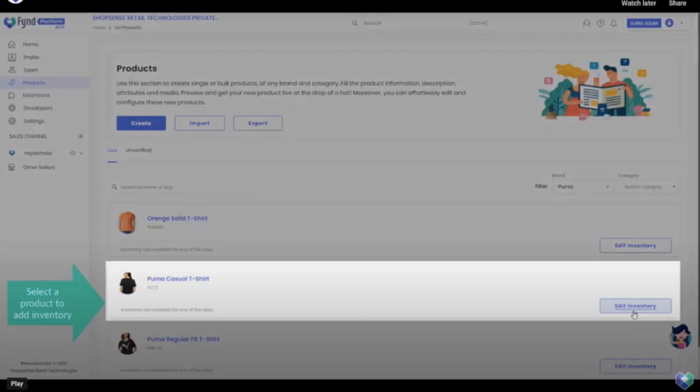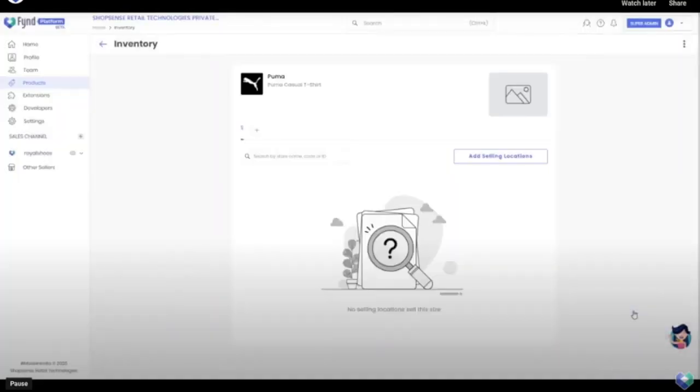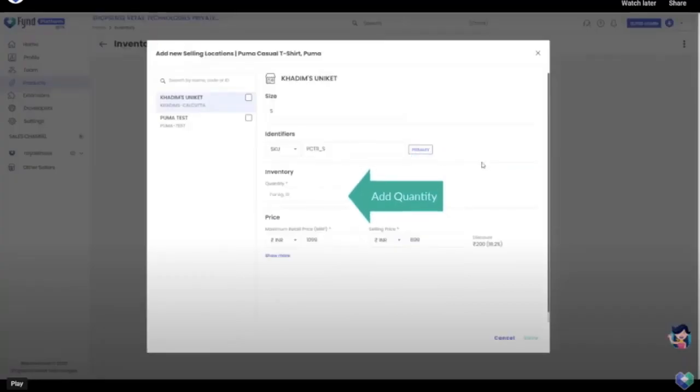In the section below, as I told you, because we created a single product, you can see it here. While updating the inventory, you just need to go to that product and click Edit Inventory. The size is auto-filled from what you have filled in the catalog part. You can edit it here also.